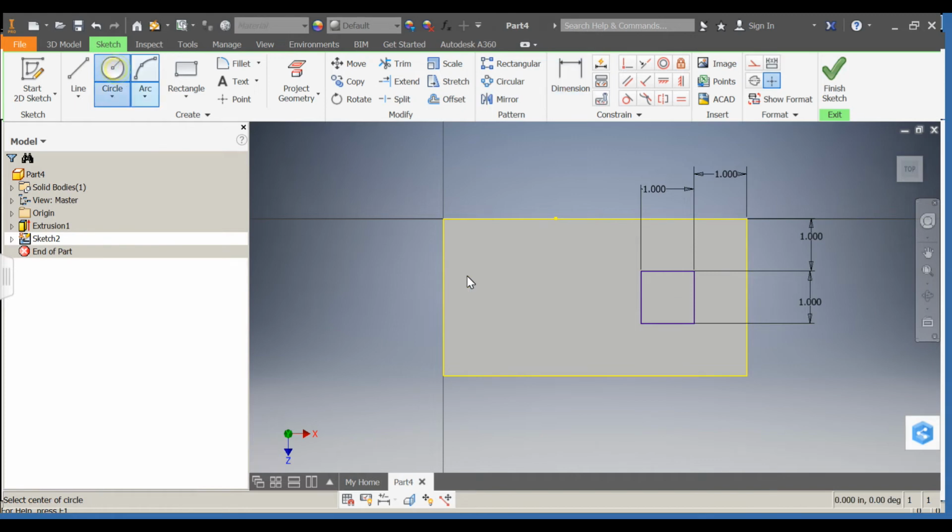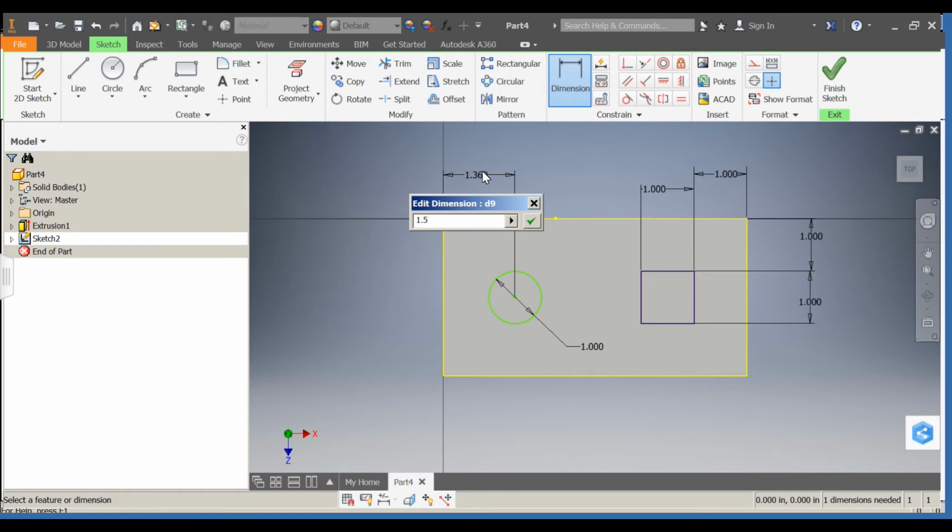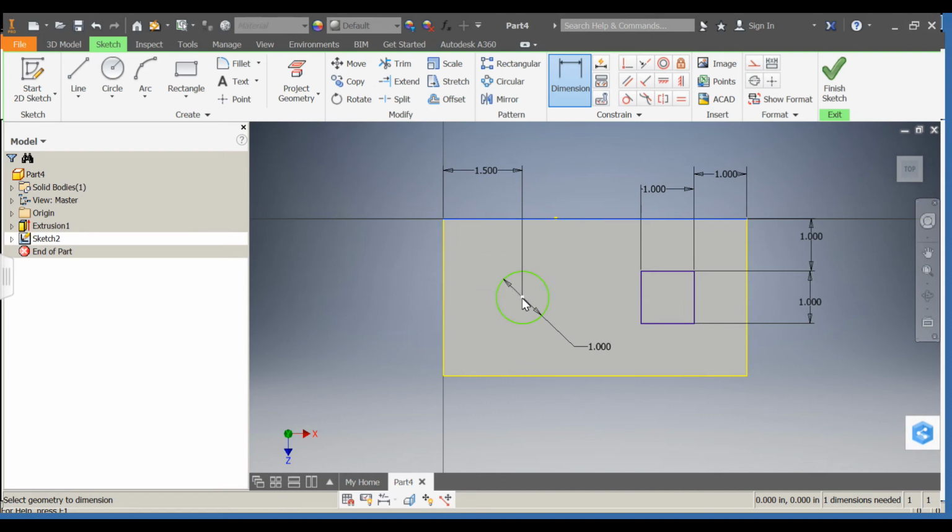So I'm going to add a spot for my circle peg. The diameter of that will be 1 inch. And then to put the location dimensions on here, I'm going to go from the left edge of the pegboard to my center point of my circle. Drag that dimension up. That will be 1.5. Then from the top edge of the pegboard to the center point of the circle, pull that one over. Should also be 1.5. This sketch is fully constrained, so I'm going to hit Finish Sketch